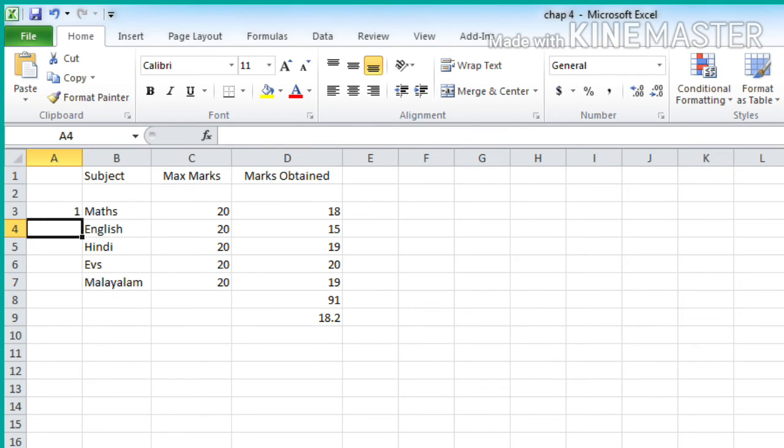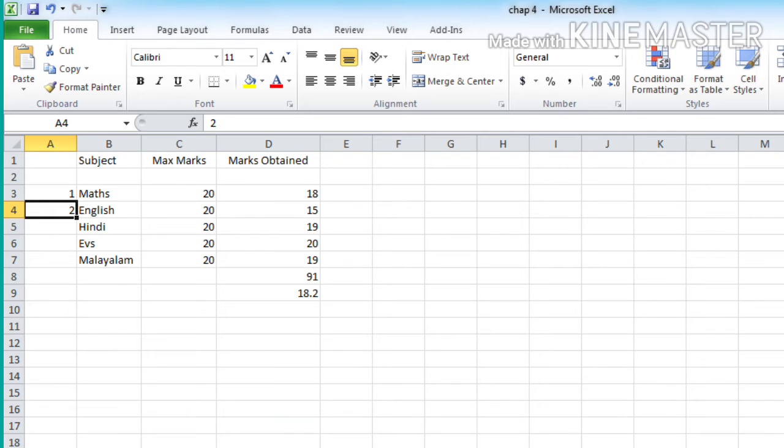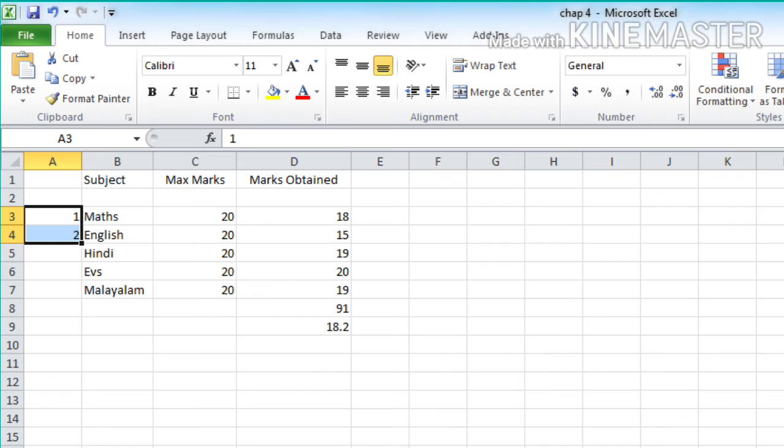Then press the enter key and take the cursor to the cell below it. And type 2 in the cell. And then press the enter key. Okay. Yes. Now select the cells A3 and A4 by holding the left click and then dragging the mouse from A3 to A4.